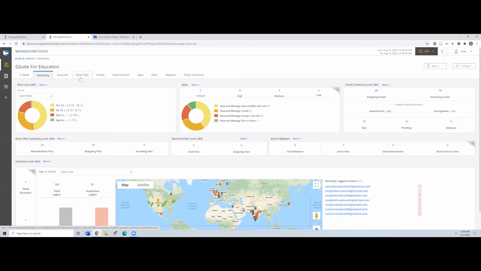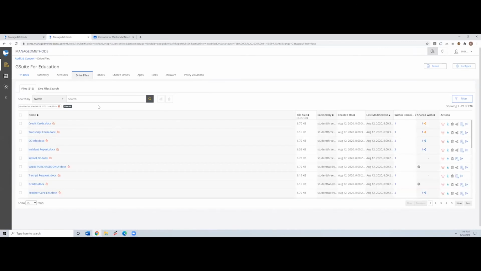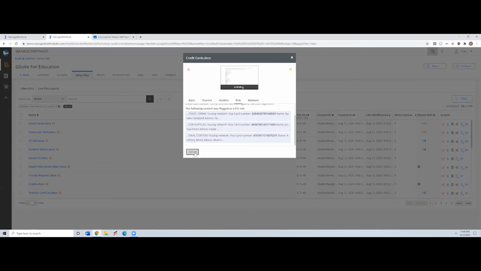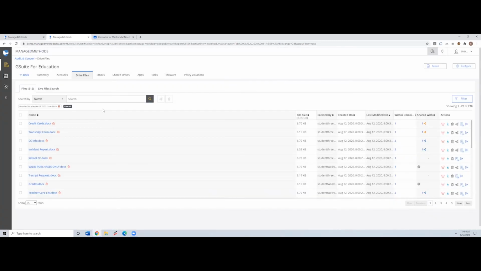We also look at all the content that is in your Google Drive. We're automatically scanning everything that is being uploaded and modified, etc. For example, here is one that has credit cards docx. If I click that, we found a bunch of credit card numbers in this doc. We often find, not very surprisingly, in your G Suite Google Drive, a bunch of movies being uploaded by kids.